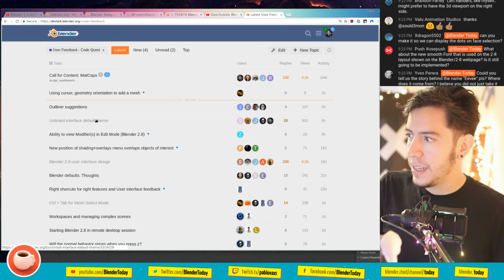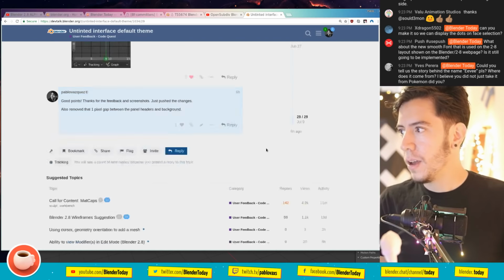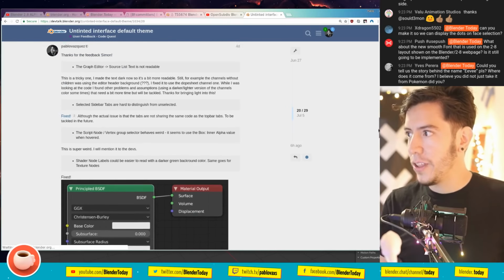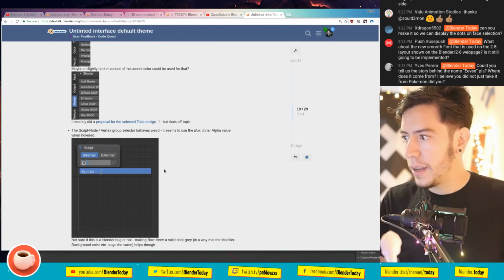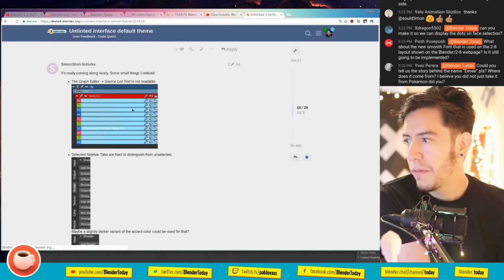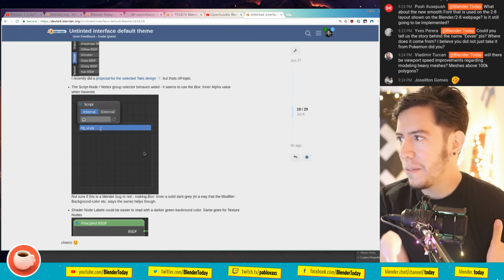And here there is the untinted interface default theme with the users providing feedback with things that, for example, were broken. Some of them are just Blender features that needed to be fixed, but some of them were just broken.